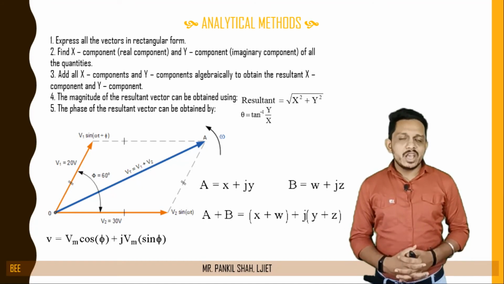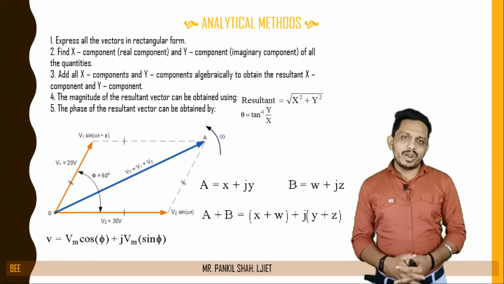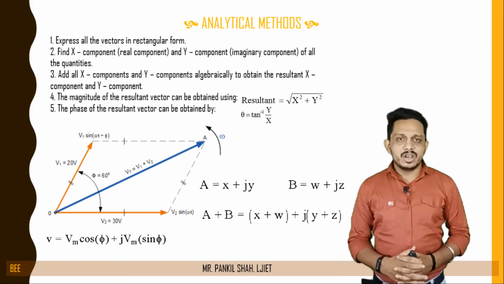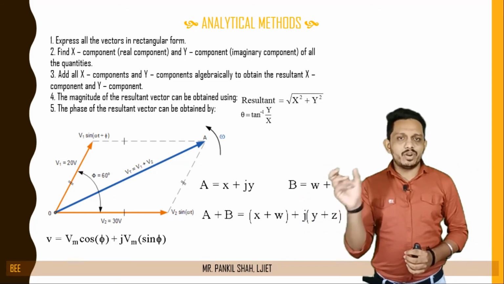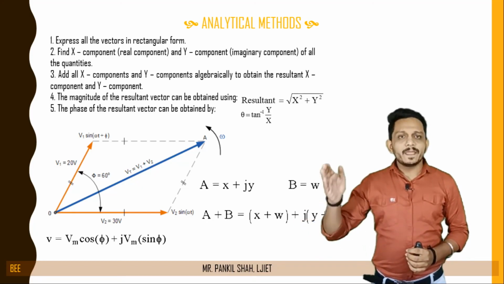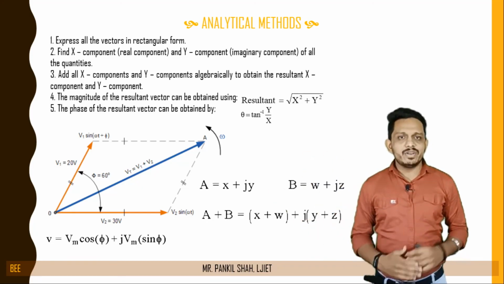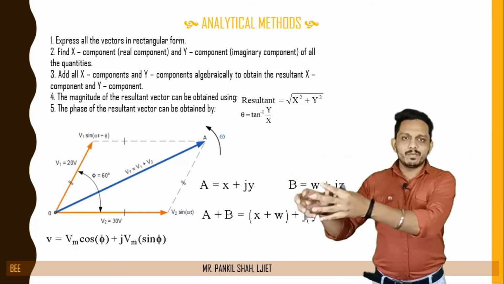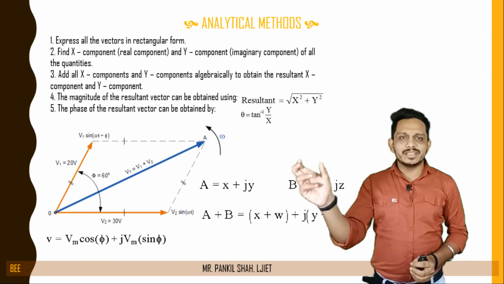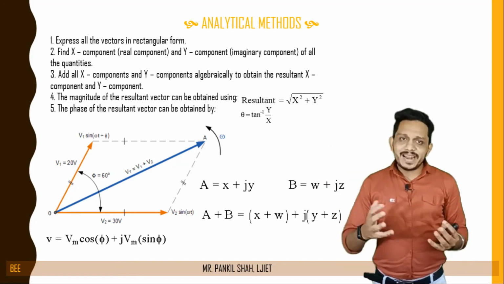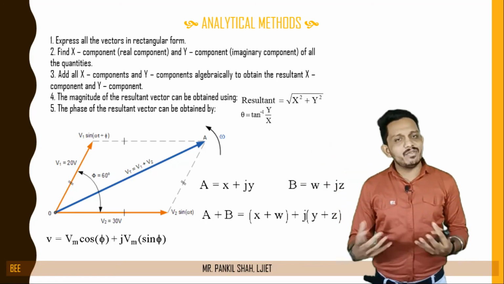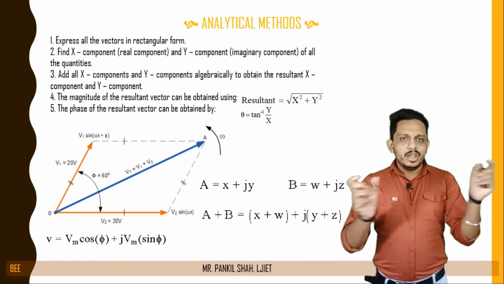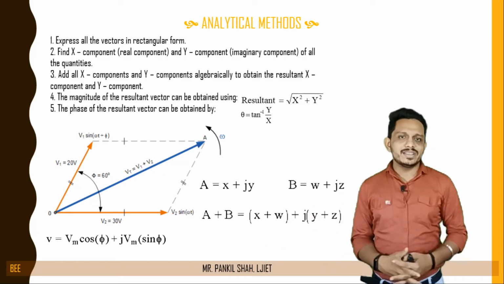Next, you have to add the x components of all the vectors together, and add the y components of all the vectors. So the sum of the x components will be Im1 cos theta 1 plus Im2 cos theta 2. So two cos components are added together and this is known as the x component. In a similar manner, we add the y components, that is Im1 sin theta 1 and Im2 sin theta 2. If we add these two, this is known as the y component.